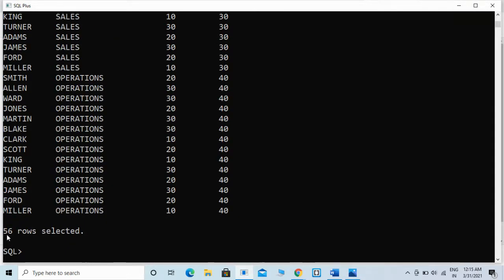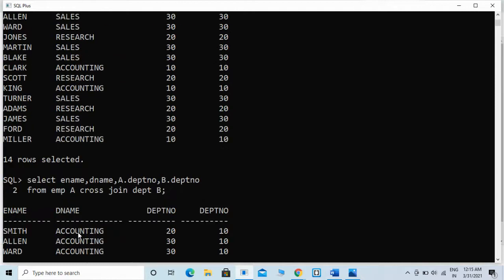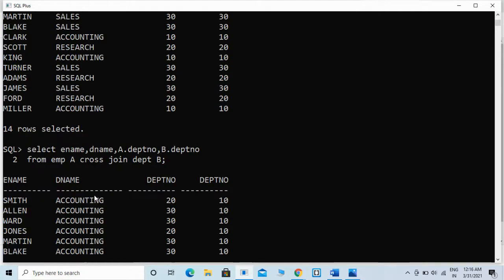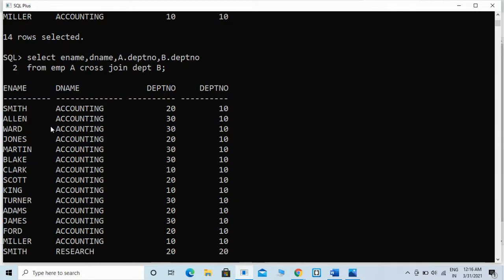See, we got 56 rows from the cross join. That is, if you mention the where condition, it will give an inner join result. If you don't mention the where condition, it will give the Cartesian product.